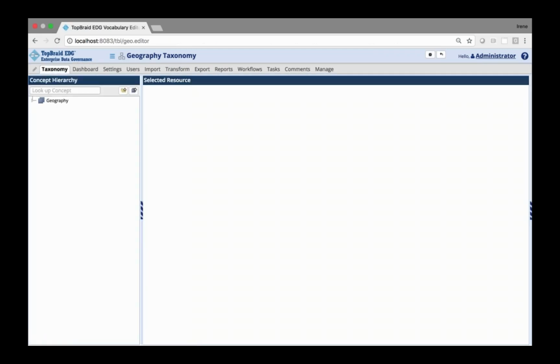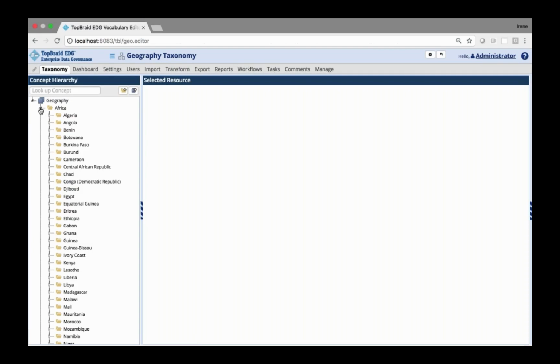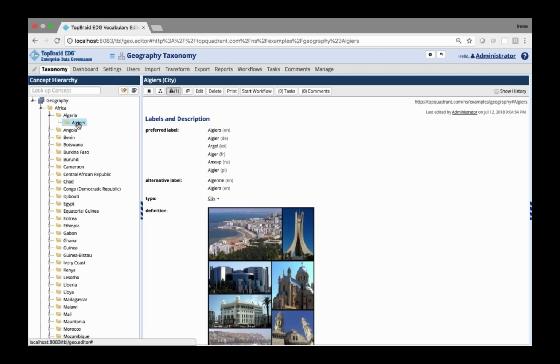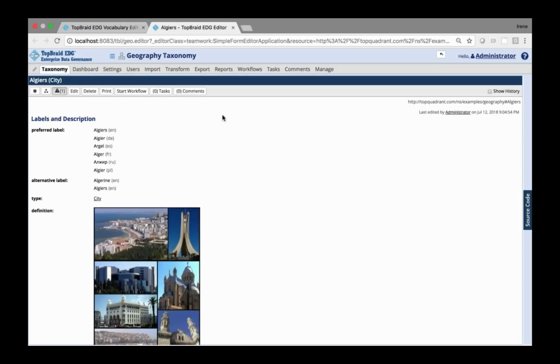So let's go back to display of the taxonomy, and let's take a look at the form for a resource and see what changes are there. First of all, there is now a button to open it in a separate page if you want to have a full width display. Then the delete button is now on its own. It used to be under operations